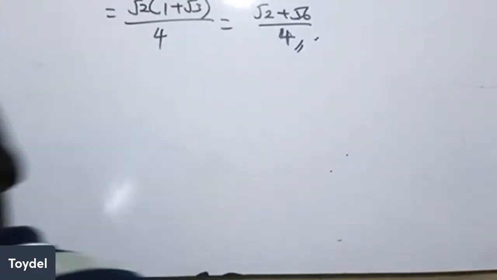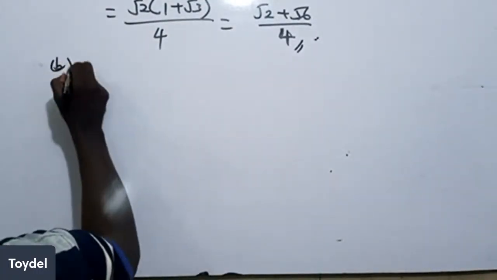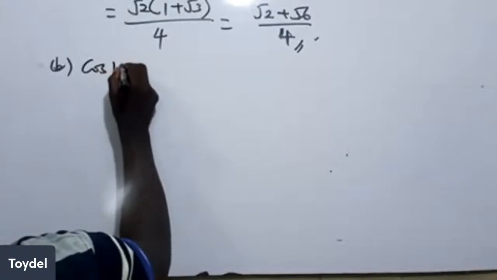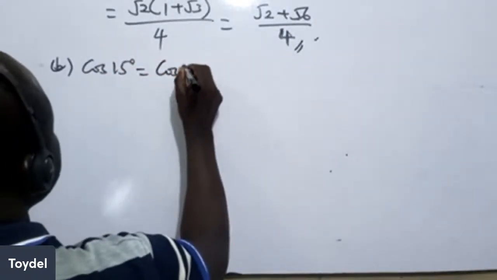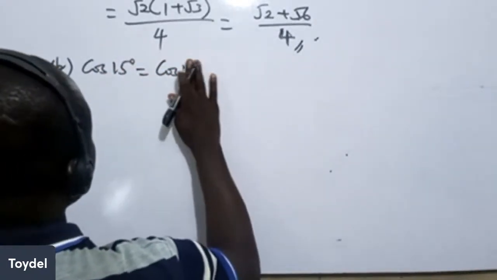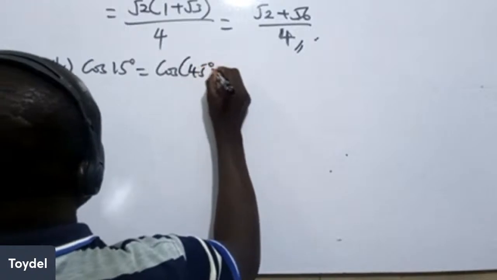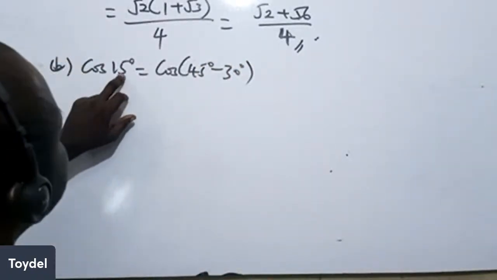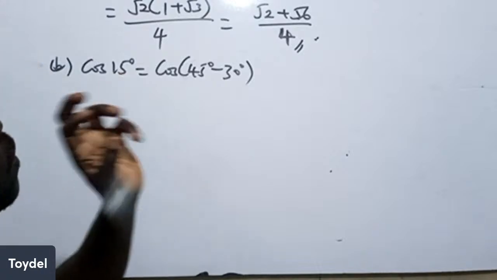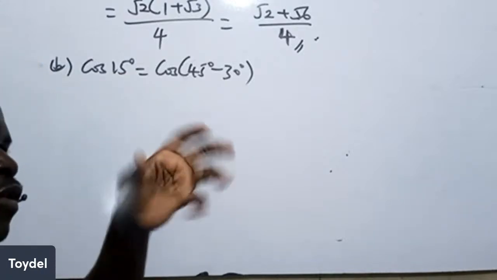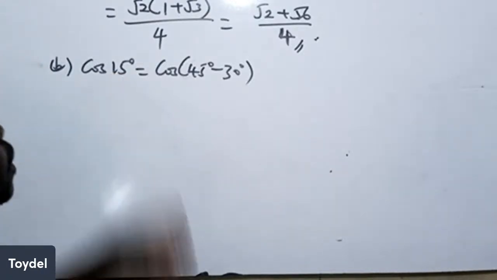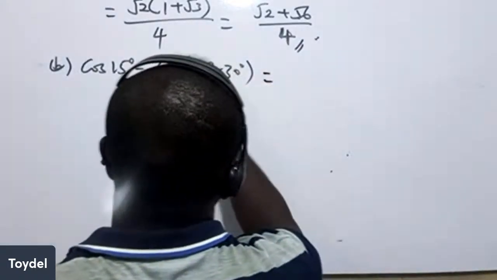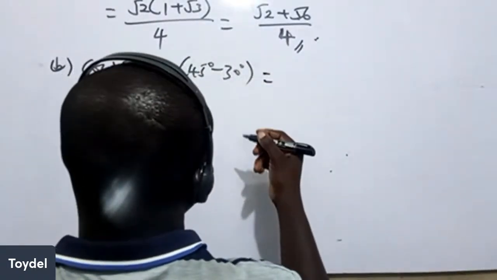So we go to the second example, where we have cos 15 degrees. Of course, cos 15 degrees can be equal to cos of 45 degrees minus 30. So this is what we do under addition formula. How do I get 15 degrees? We look for two special angles that either when you add or you subtract, it's going to give us what we are looking for. And if that is the case, by the expression of cos A minus B,